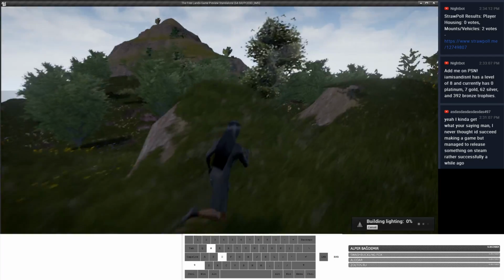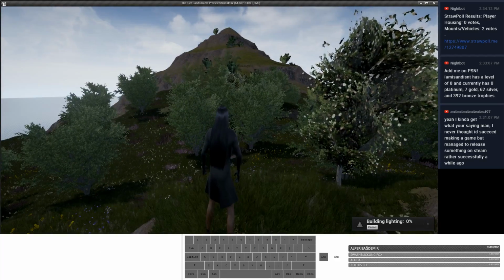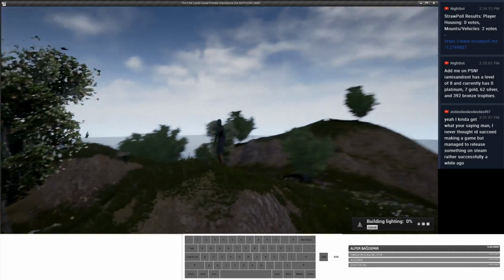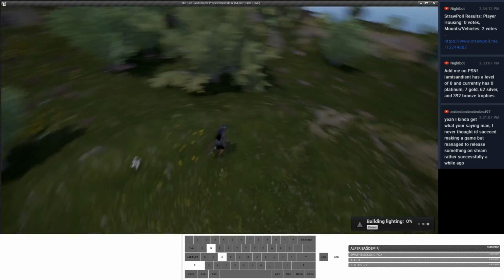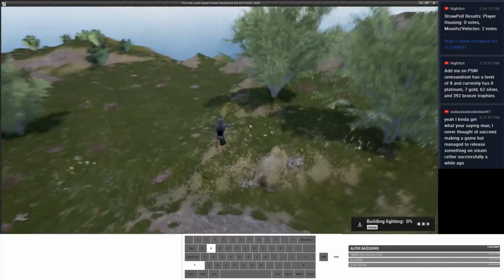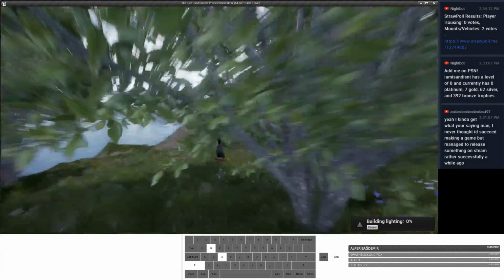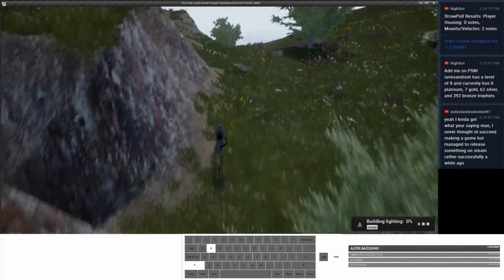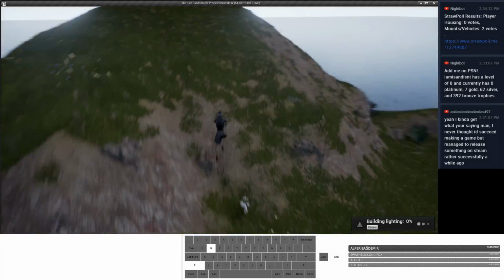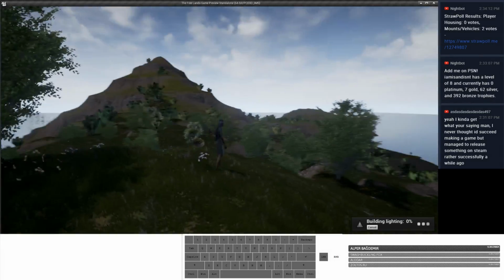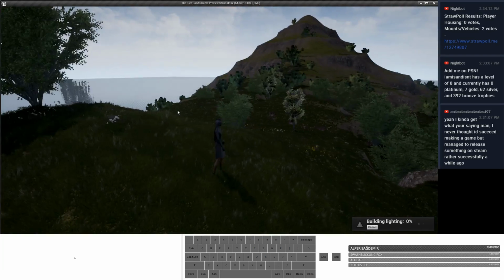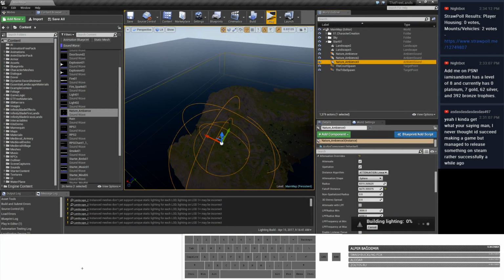I don't want to go building a whole level with all these sound effects, and I haven't even done my menu to control volumes. For now, the variable that you set in your menu will multiply whatever the volume settings are, so that's important to do before you go slapping sounds all over. Then you have to go adding this variable to all of the sounds that you slapped all over the world. So for now, that's good. Building lighting is 0%.